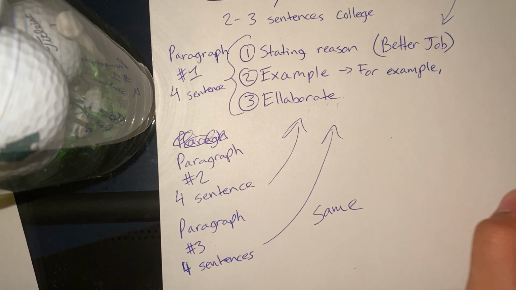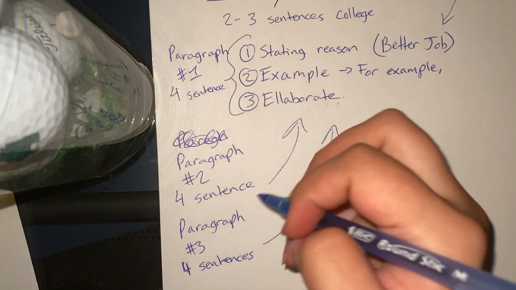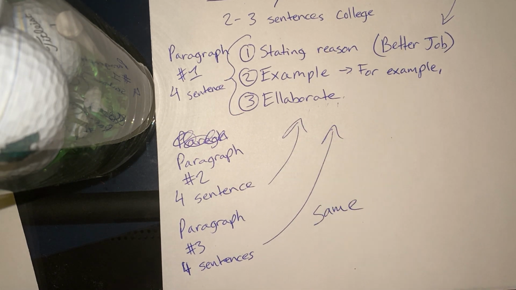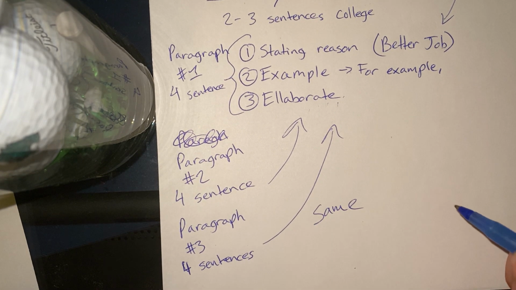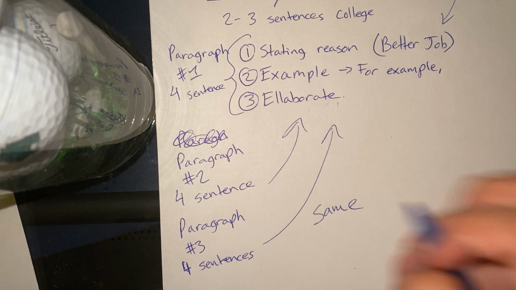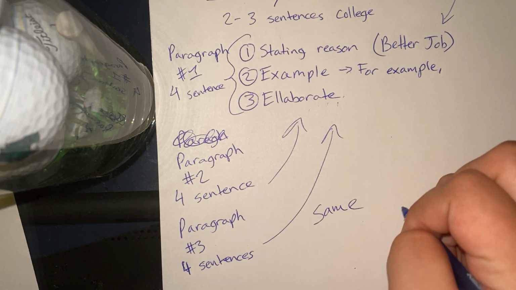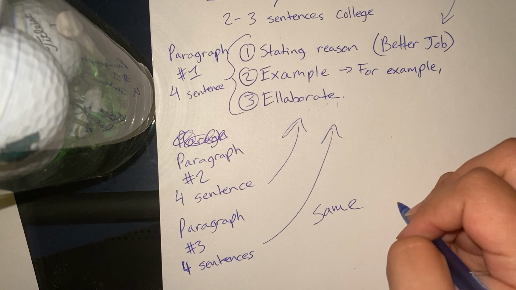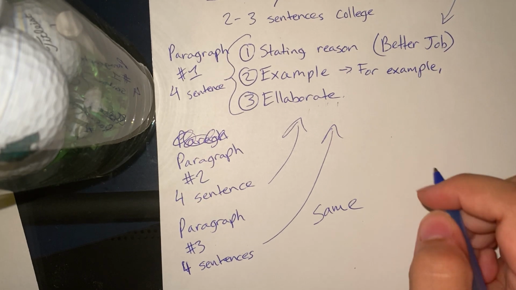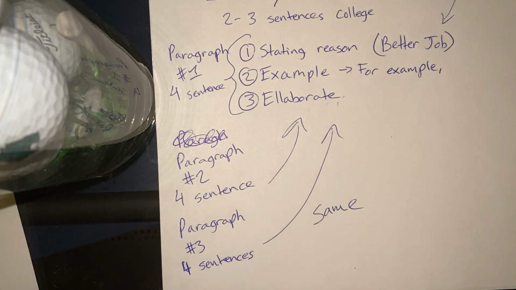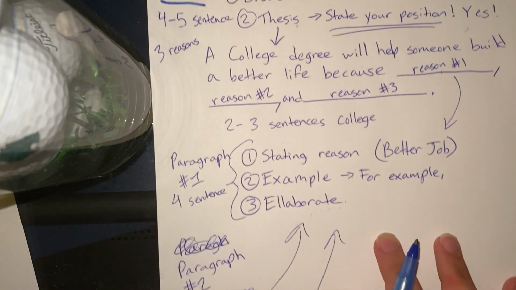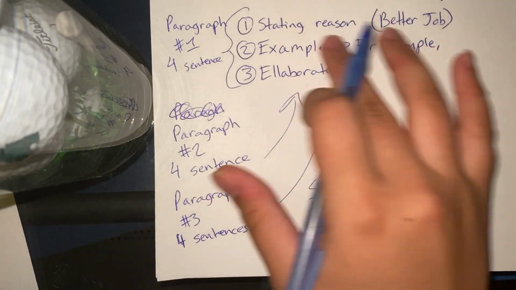And then you just elaborate. Many entry-level jobs don't require a college degree. Many administrative jobs require a college degree. Those administrative jobs pay a lot more. Being able to have a higher salary will allow you to have a better spending budget for your family, right? A better house, a better car, whatever. You just elaborate. And then you go back, then reason 3, and you follow the same roadmap that's here.